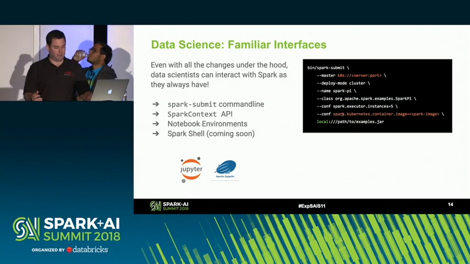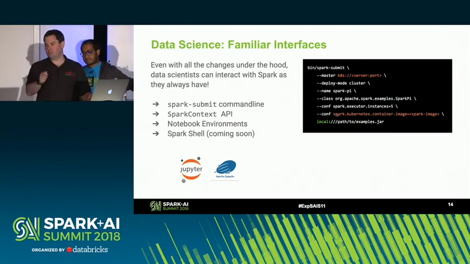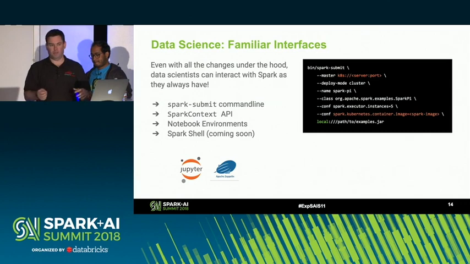The last thing is this configuration to say, hey, what is your image? What is your Docker image? What is your container image that you're going to use for launching your driver and your executors? And this is, of course, critical in the case of Kubernetes. You have to know what container you're going to launch. And there's a registry that Kubernetes is configured to use, and so it pulls it out of that.